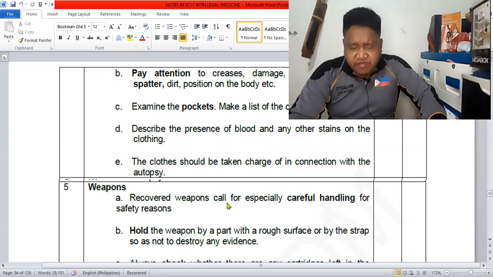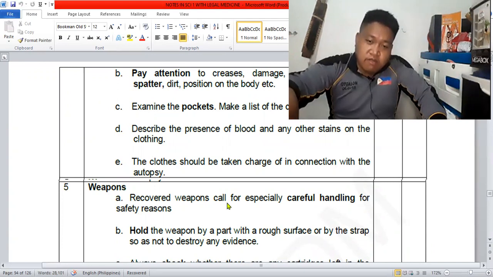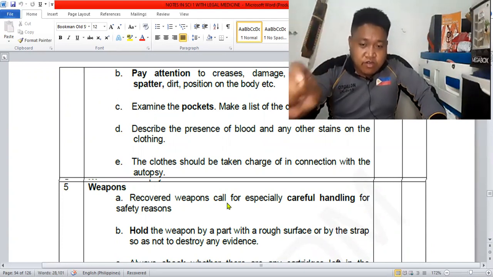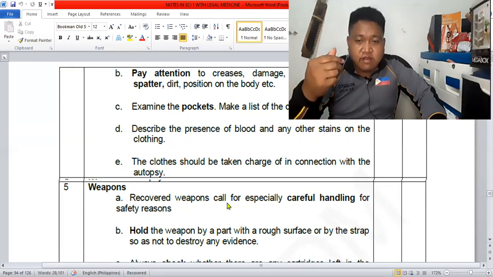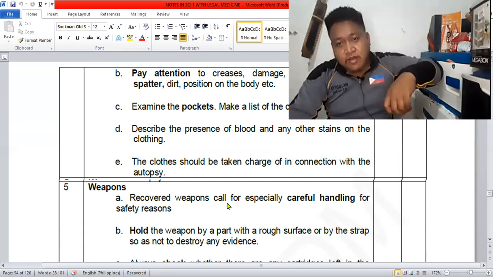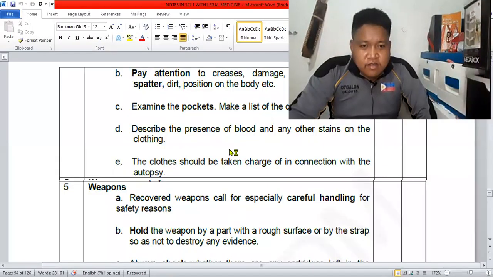What is that? Handkerchief. Then you hold the firearm, then lift it. Or you can use a string. Yan. Ilagay mo doon sa... okay. So